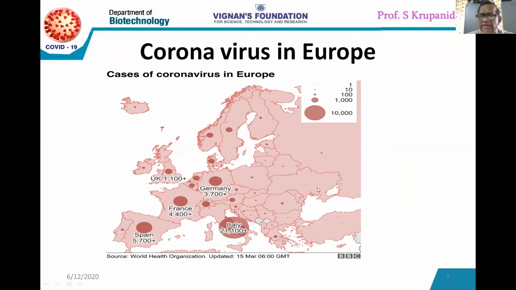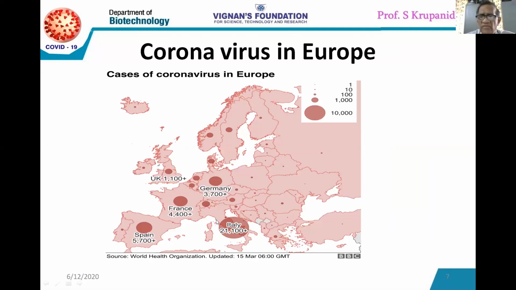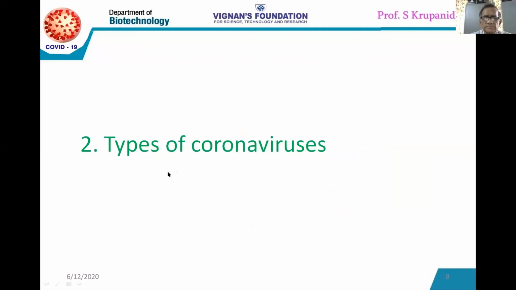So again, I collected this information primarily because Europe is a highly disciplined region, and apart from that, they're all staying quite apart from the people. Even then they got infected. Here Spain, France, Germany, Italy, highly disciplined people, they're all away from the crowd. Even then they got infected, and now these countries are gradually receding, and now the UK is getting pronounced. So that is about the geographical eruption of this virus, just an introduction about coronavirus.